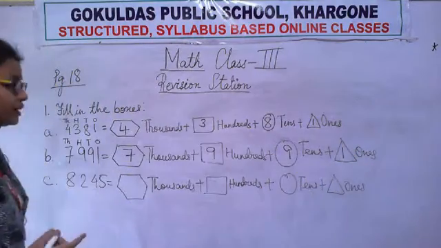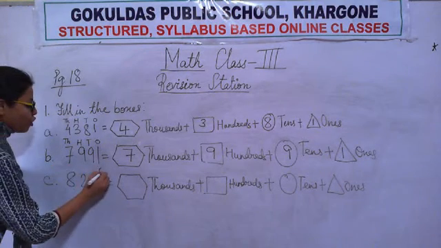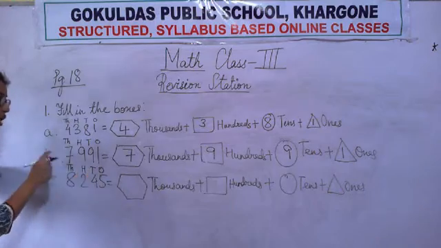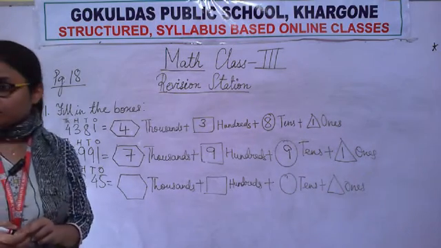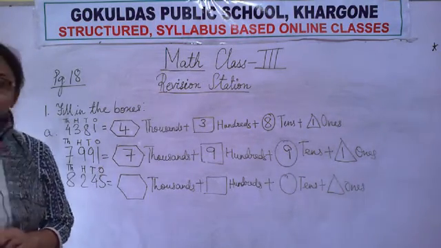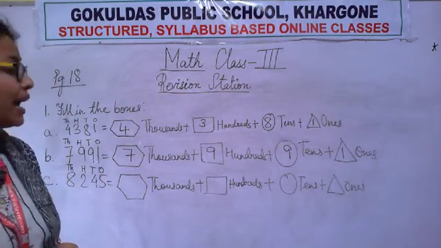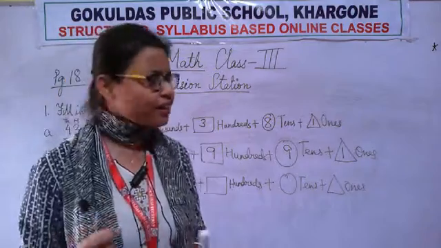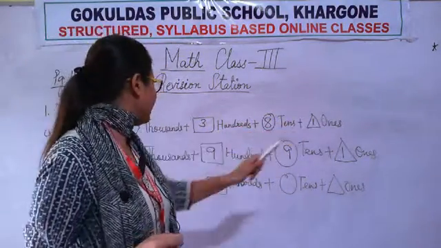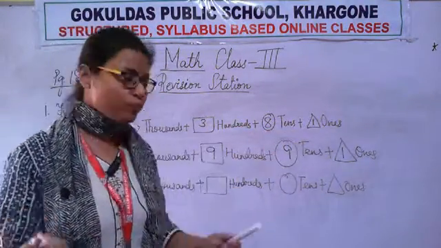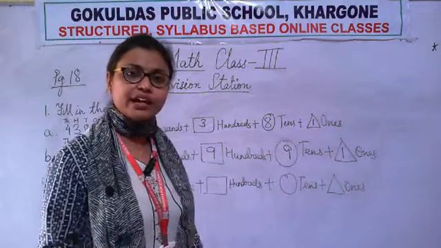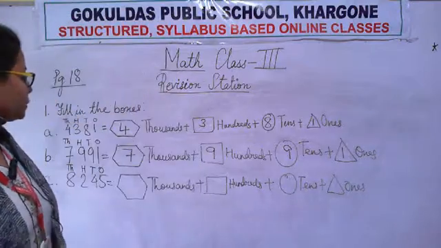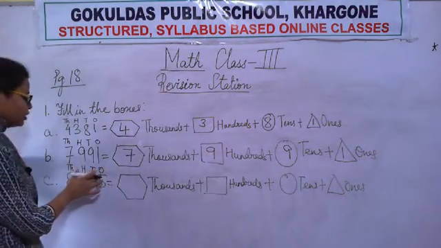And next we are moving, the same step we will follow: ones, tens, hundreds, thousands. If we don't write this ones, tens, hundreds, thousands, then you will have some problem. You will make mistakes in the sums. Mathematics is a very scoring subject. You all know. If you do everything right, just see 4, 3, 8, 1, 7, 9, 9, 1, only these numerals you will write and you will get marks. You can get 100 out of 100. So you just write all this on the top.